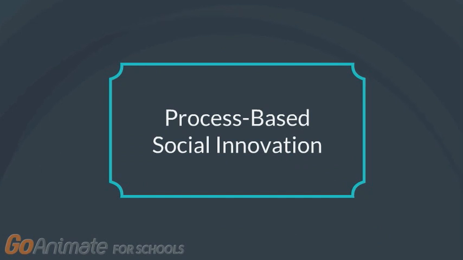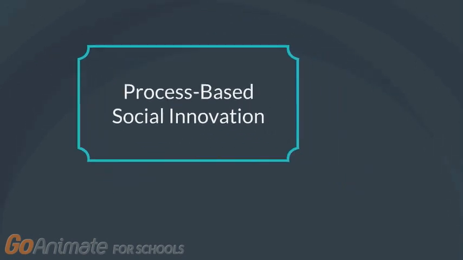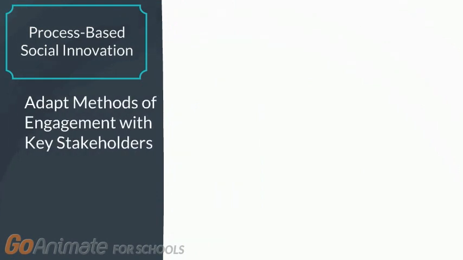Process-based social innovations create social change by adapting an organization's structure or internal processes to create better outcomes for service users. One major area for process-based social innovation is your organization's methods of engagement with its four groups of key stakeholders. First and foremost, your service users. You might engage service users by seeking their feedback on program design and operations, or including them in the governance